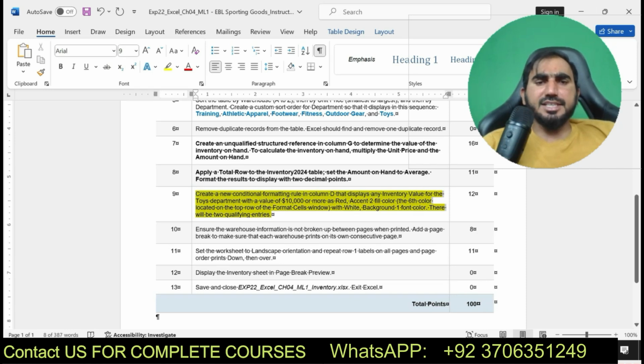Display an inventory value for the toy department with a value of $10,000 or more in a red fill color.